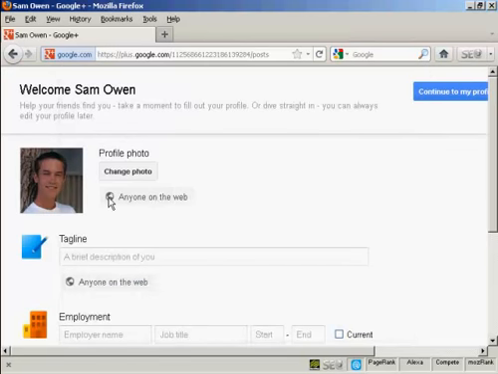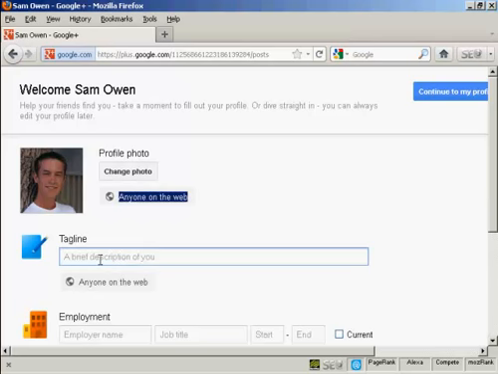Now the settings here can be changed as to who you want the photograph to be shared with. At the moment I'm going to set it here at the default setting with anyone on the web. Now we can add a tagline that's a brief description of me. There we go. And again, I'm going to share it with anyone on the web because I haven't got any